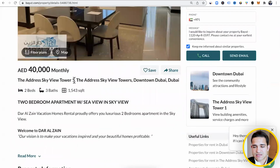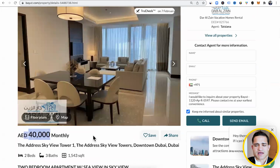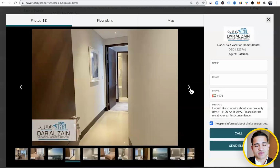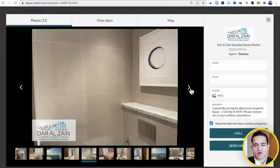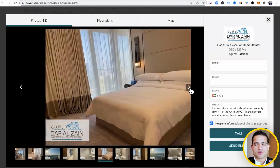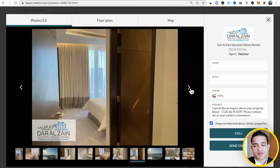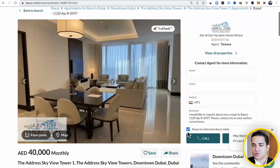This is in the sky view. Yeah, this is a bit high. I know a person that actually rents an apartment just like this one. He pays about $28,000. So let's say about $8,000 is going to be around $11,000. So a little bit higher, but he pays every 3 to 6 months. Here you're paying monthly. So you can find a very nice monthly apartment that you can definitely enjoy, and obviously